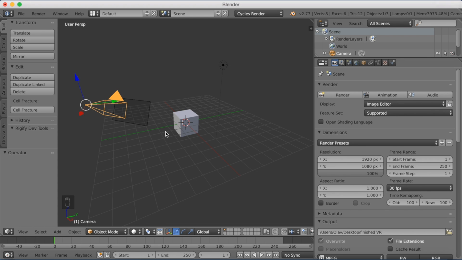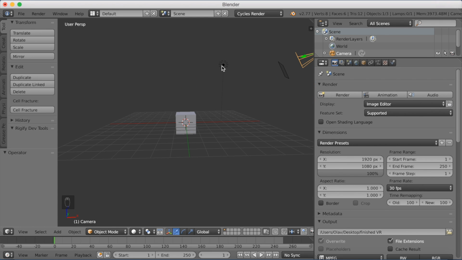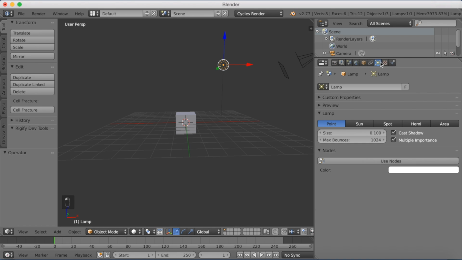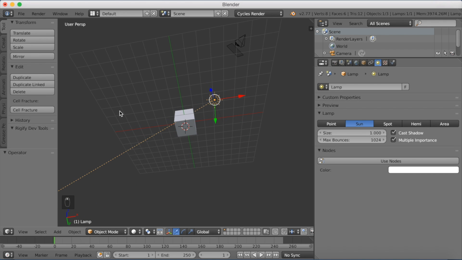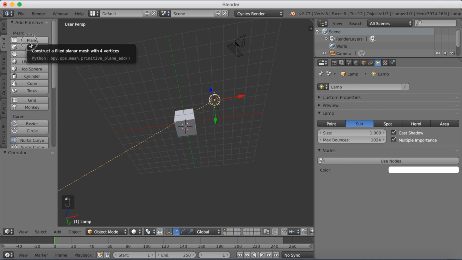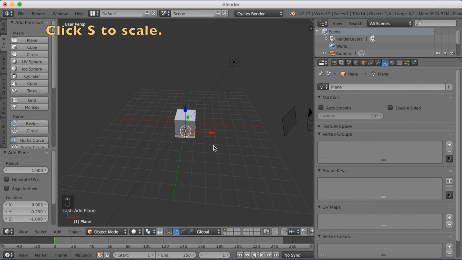Okay, so the next step is to make the animation itself. So I'm going to make this lamp into a sun. It's going to be just a basic scene, just like in the video I made using this VR animation technique. I'm just going to add some cubes and make the camera go through it. So I'm going to add a plane, click S to scale the plane,